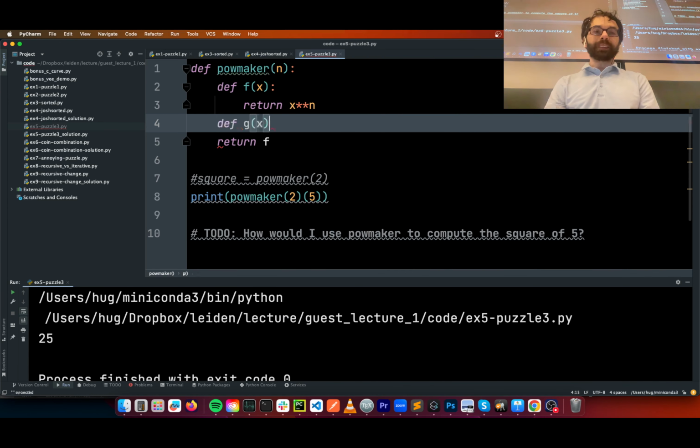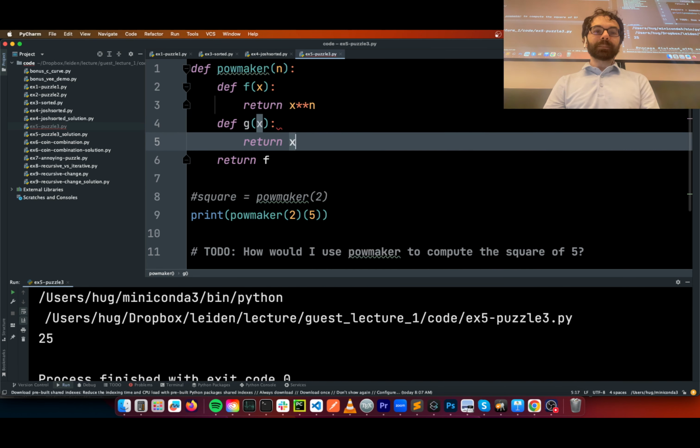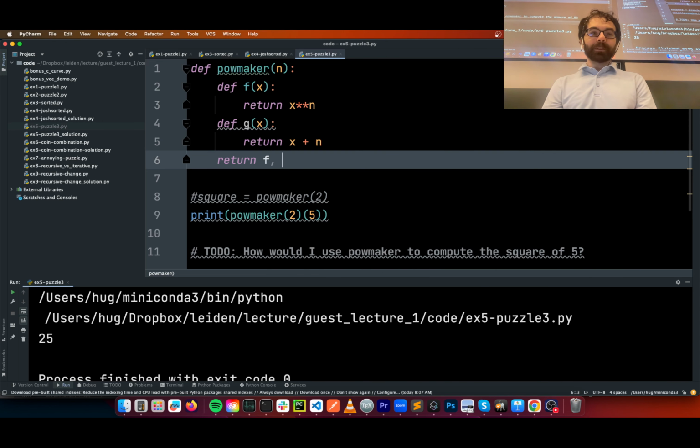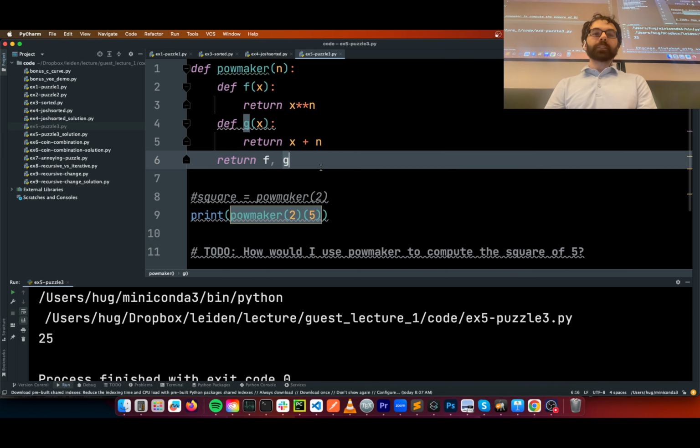Ah, right, okay. So maybe I would return x plus n or something, and then I return f, g. What this would do is return a tuple of functions that you would then need to unpack on the other way out.